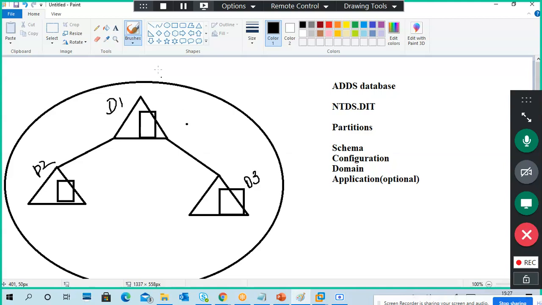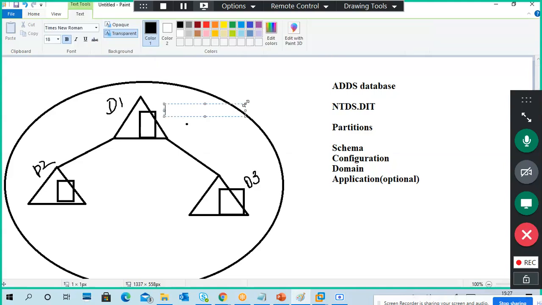Okay, so what is common here, I will put in green color: schema. So in domain 1, this is a root level domain controller. The first domain controller is a forest level domain controller. Whatever schema change you want, you can change the schema, but you have to change it in the actual domain controller with the Enterprise Administrator only. Like what attributes you want to add or not add, that is in the schema only.